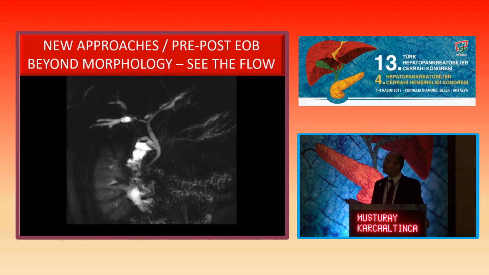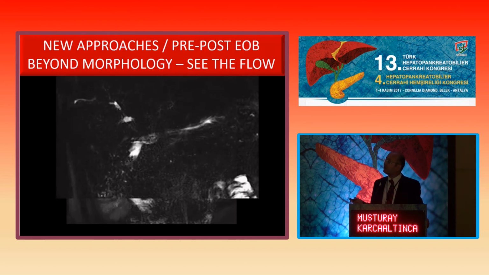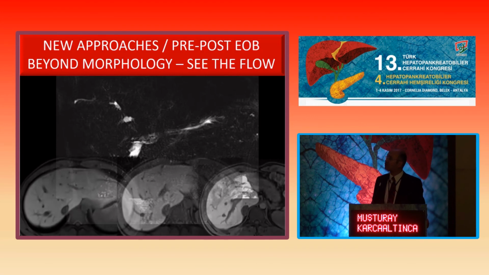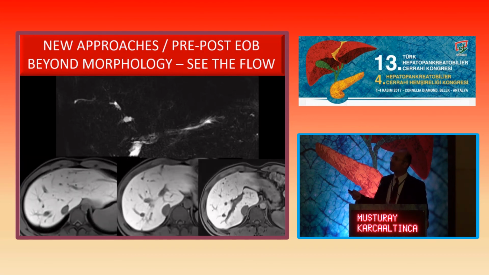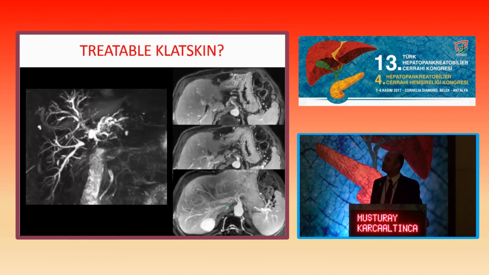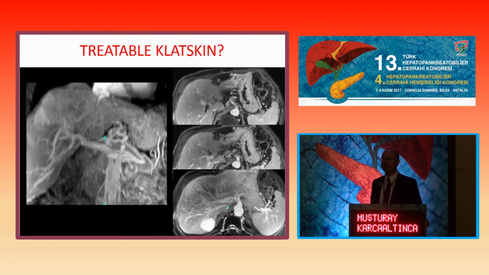So the most important thing that we learn in the area of biliary imaging: do not just look at the ERCP-like images, but look at the function of the liver. So I want to show you this patient. This looks like there are many strictures in the biliary system. This was a patient with primary sclerosing cholangitis, but when you injected Primovist, actually most of these ducts are functioning even though they're dilated or strictured, because these are the areas of atrophy, but the rest of the liver is doing quite good